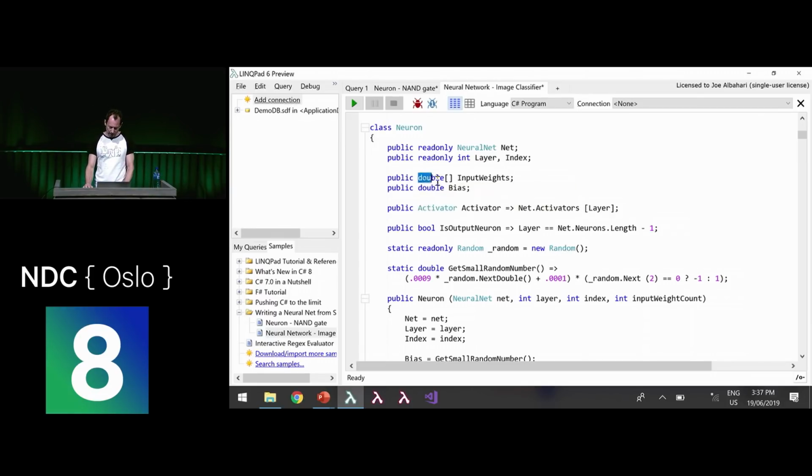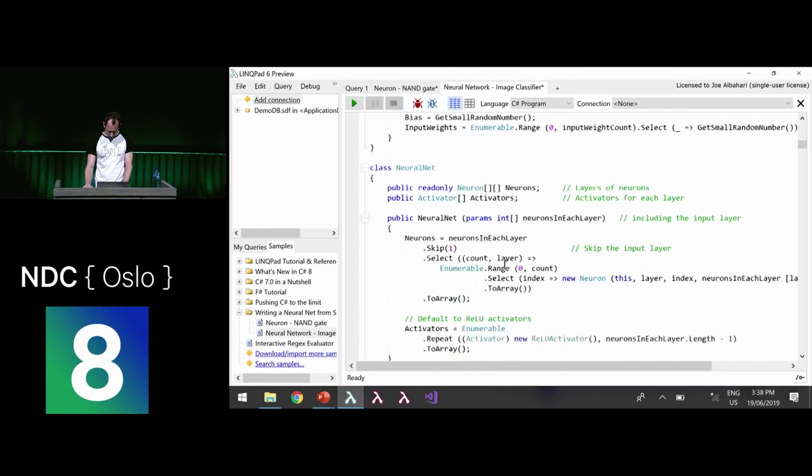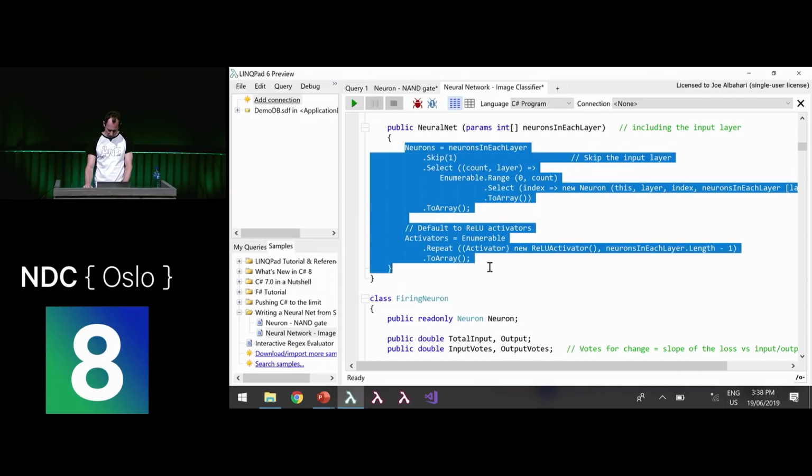We've now got an array of input weights instead of just having two, and I've got the bias. I've also created a pluggable activation function. So instead of hard coding the ReLU, I've created an abstract class called activator, and you can subclass it. All the popular activation functions are there for you to play with. This is like a playground for neural networks with all white boxes. There are no libraries in here, absolutely no libraries, no config files. All here. So I'll show you now also that's our neural network, which contains layers of neurons.